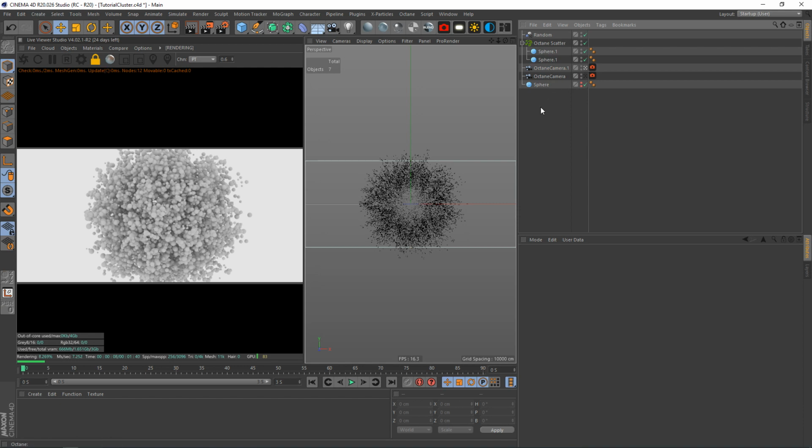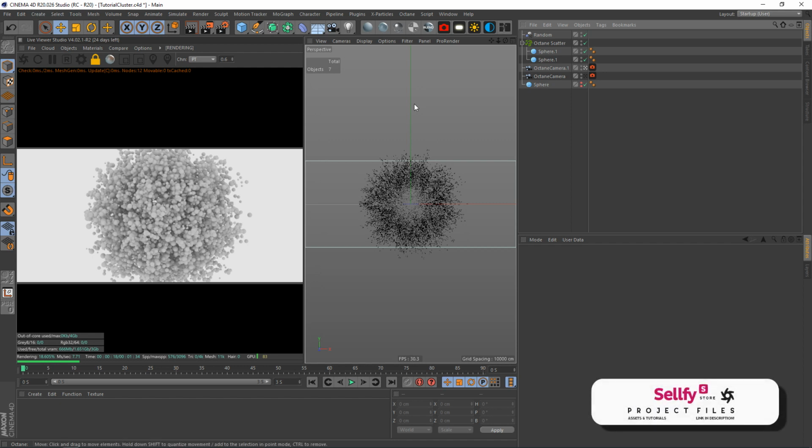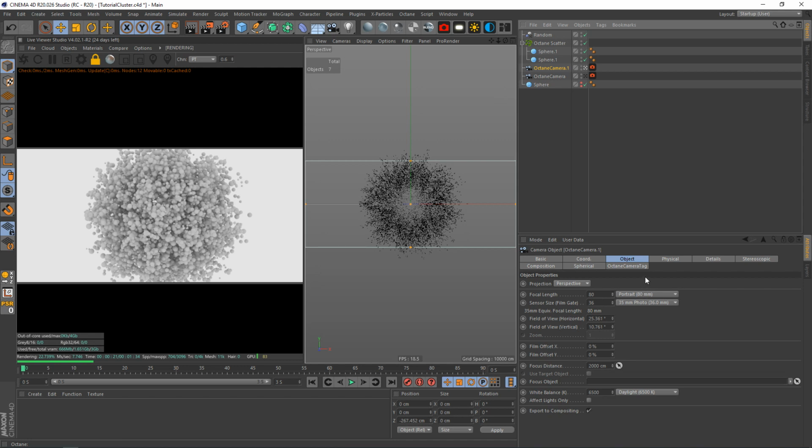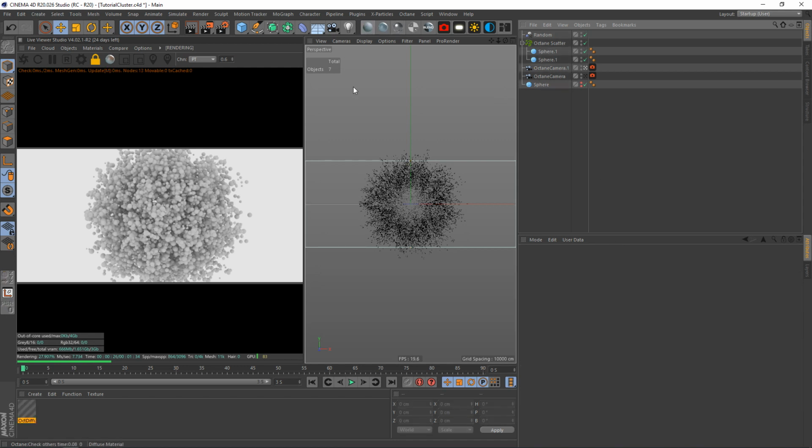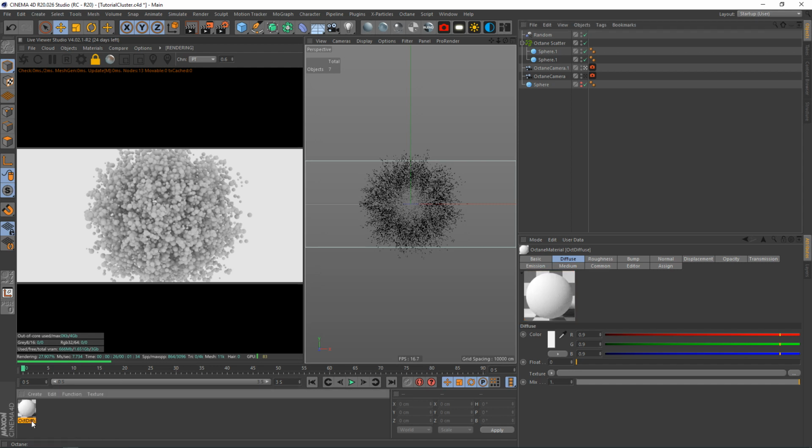And what we can get stuck into now is our lighting and our material. So the first thing I'm going to do is the material, and then I'm going to light it after, because lighting right now is not really going to be effective, because getting this to look appropriate and right is all in the lighting. So we're going to want to diffuse material, and well, in fact, what we'll do is we'll actually just jump in here,